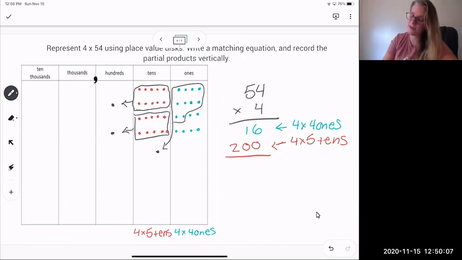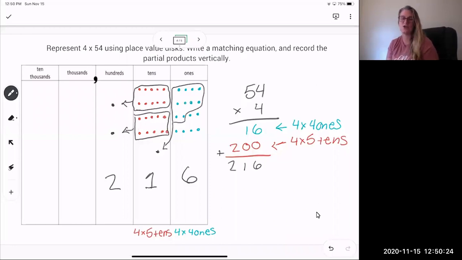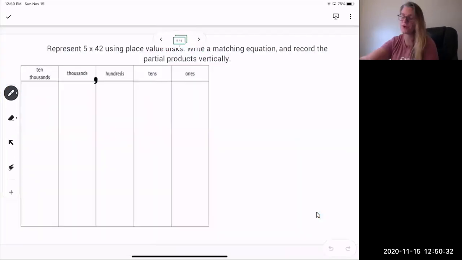So in my hundreds place, I have 2 hundreds. In my tens place, I have 1 leftover 10. And in my ones place, I have 6 ones. And I can see that when I add these together, that's exactly what I have. 6 plus 0 is 6. 1 plus 0 is 1. And then we have 2. So our answer here is 216. Okay. The last problem, I want you to see if you can walk through all on your own